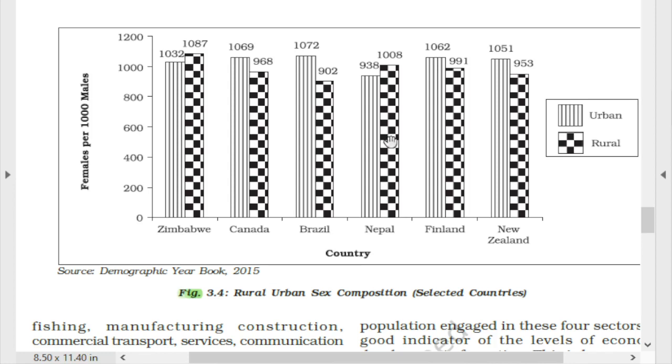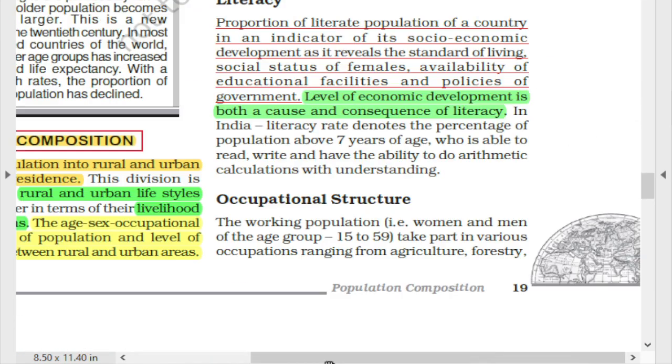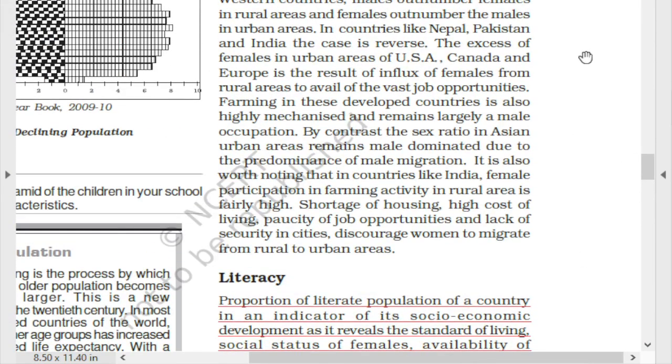Here in the urban areas females are less and the males are more. Same in the rural areas, females ज्यादा है, मेल्स कम है। फिनलैंड का देखें, सिटीज के अंदर फीमेल्स ज्यादा है, मेल्स कम है, गाँव के अंदर या रूरल एरियाज के अंदर फीमेल्स कम है एंड मेल्स ज्यादा है। सेम इन द न्यूजीलैंड। तो अगर इस ग्राफ के हिसाब से हम इसको अगर कंक्लूड करें, अगर इसको हम एनालाइज करें, तो